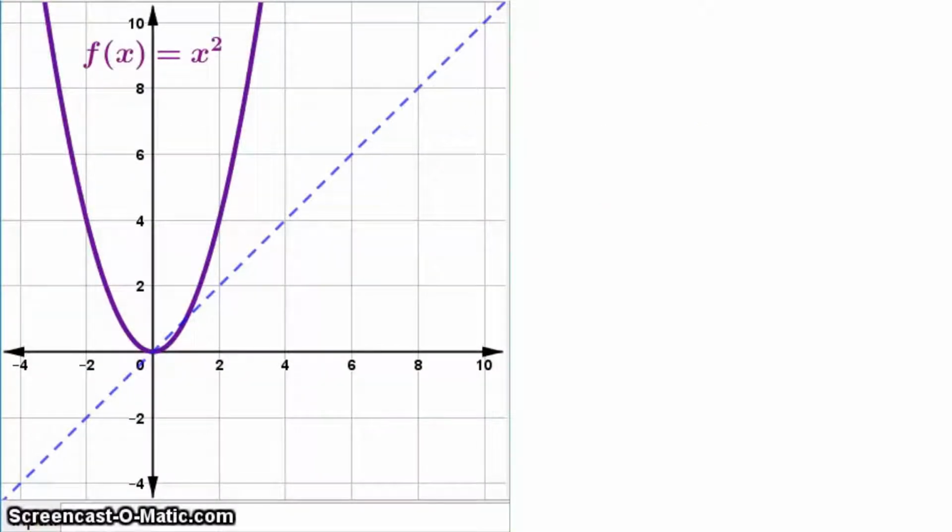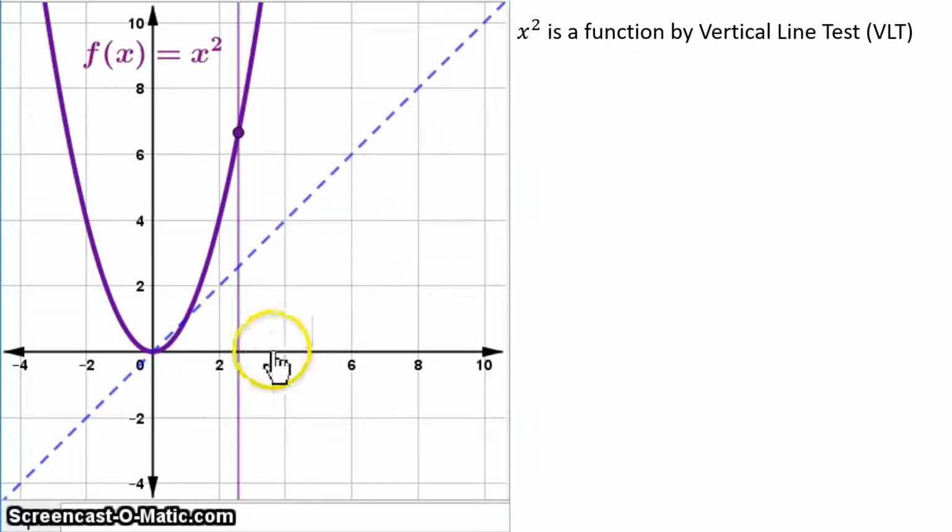So how does a horizontal line test tell us if a function is one-to-one? Well, let's take a look at this graph right here, which is a function f of x equals x squared. We know it's a function because if we apply the vertical line test, we see that we can sweep this vertical line across the function, and at most we get one y value for every position of this vertical line. And the reason for that is because every position of the vertical line is choosing one x value, and at each x value, I should only have one y value at the most, in this case, this y value. Okay,